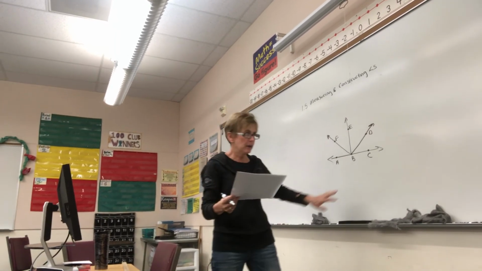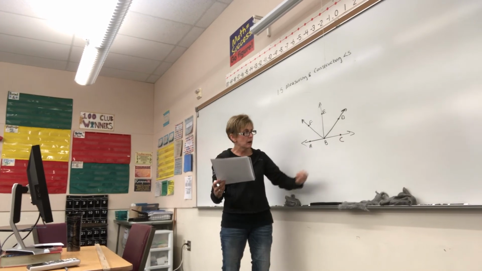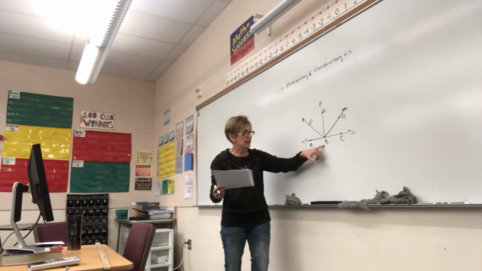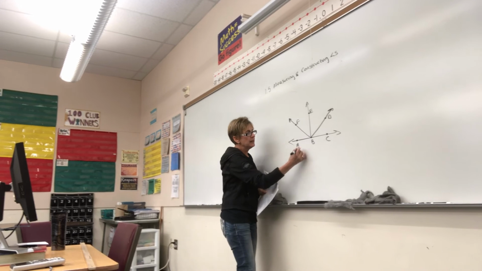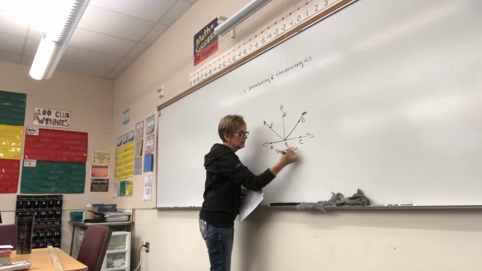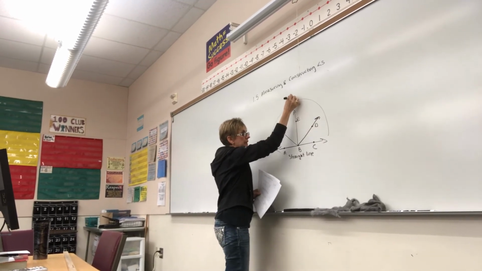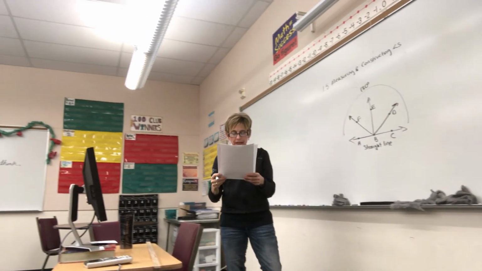In the figure at right, that would be this figure right here, BA and BC are opposite rays. So BA and BC are opposite rays. That's telling us that this is a straight line, which also is telling us that all of this adds up to 180 degrees. Okay, and then it says